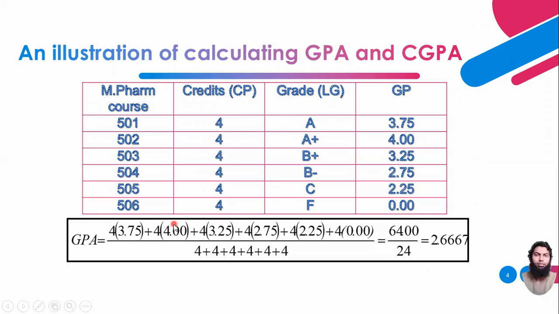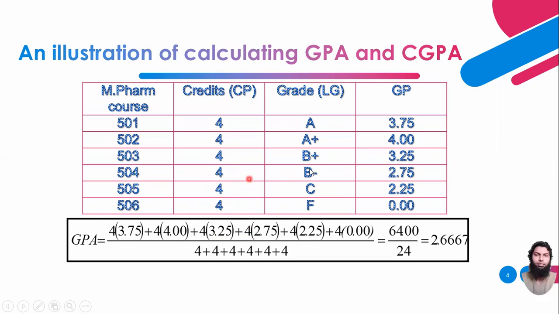Okay, let's do it. According to the formula, we are going to multiply the credit point. Credit point for 501 to 506 is 4. So we are going to multiply this credit point with the individual grade point. For 501, 4 is multiplied with 3.75, plus 502: 4 is multiplied with 4.00. For 503, 4 is multiplied with 3.25 corresponding grade point. For 504,